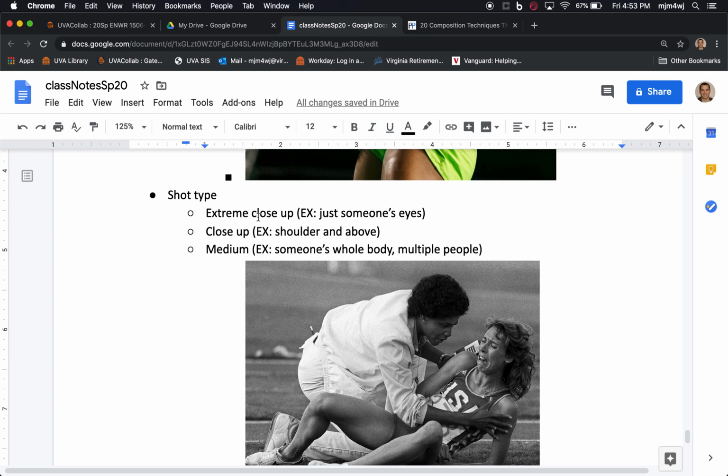I don't have examples here of extreme close-ups or close-ups, mostly because they aren't done very frequently in sports photography. Extreme close-ups are something like just someone's eyes, or just their hands. A close-up would be like shoulders and above, and you can see why that's not done very frequently in sports, right? If we remember that the more information you let into the photo, the more your audience will